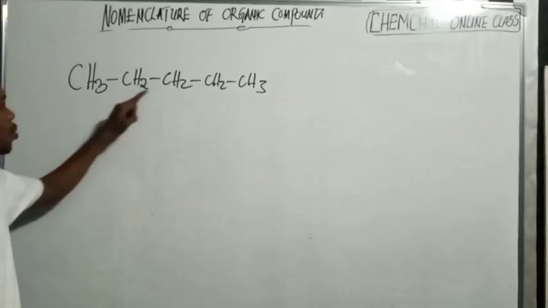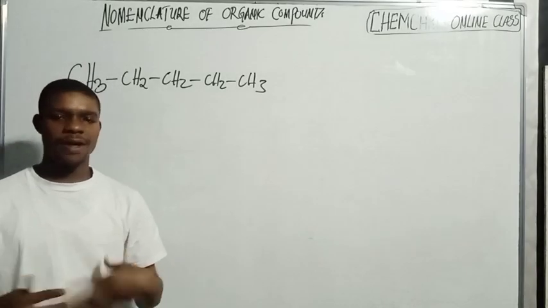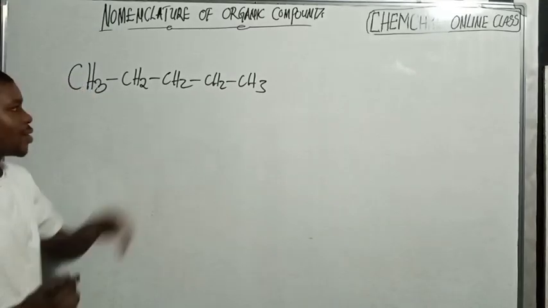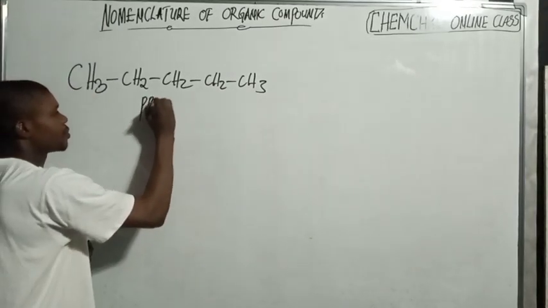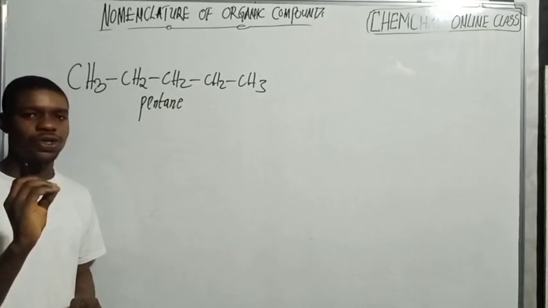So we have 1, 2, 3, 4, 5: 5 carbon atoms, and they're all single bonds. Now, the 5th member of the alkanes is called what? Pentane. So the name of this compound is pentane. You want to stick to the end of this video